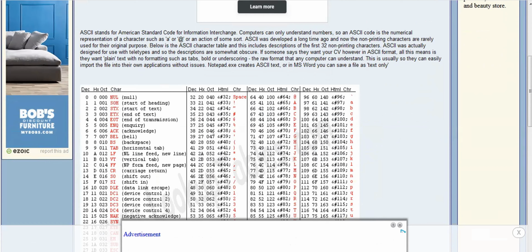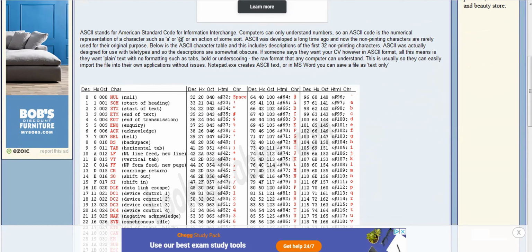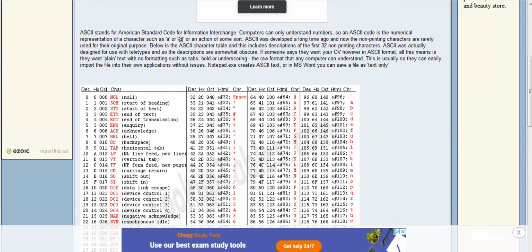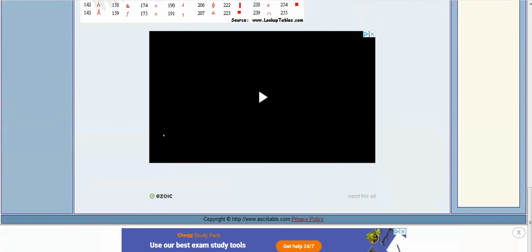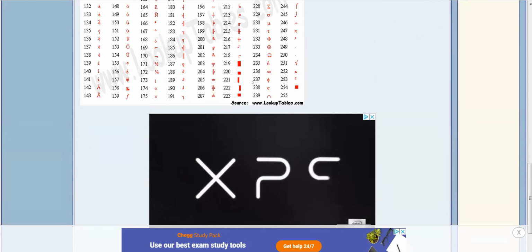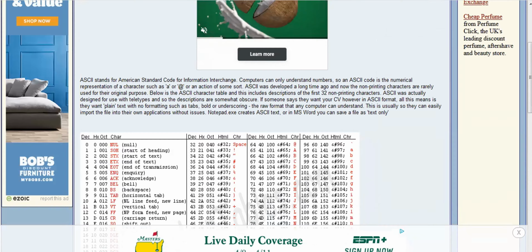So I need to generate a random ASCII value between 0 and 255, and then I can convert it to its corresponding character. Every character has its corresponding ASCII value. For example, the ASCII value of capital A is 65, capital B is 66. Similarly, the ASCII value of small a is 97, small b is 98, and so on. So let's generate some random characters using this ASCII table. I will generate random integers between 0 and 255, and then convert each to its corresponding ASCII character. All right, so let's see how to do this.